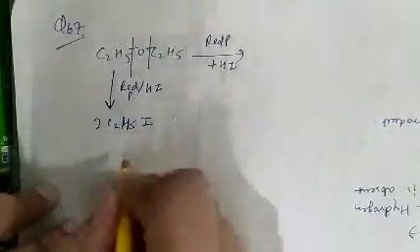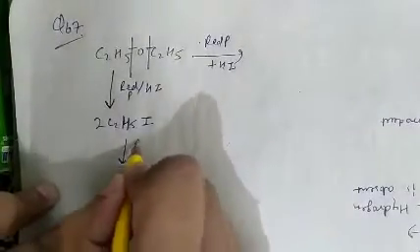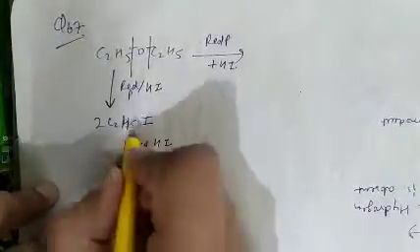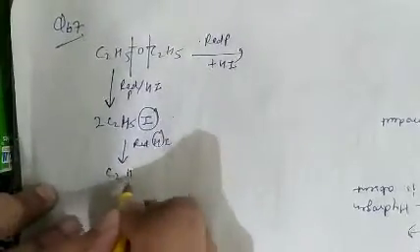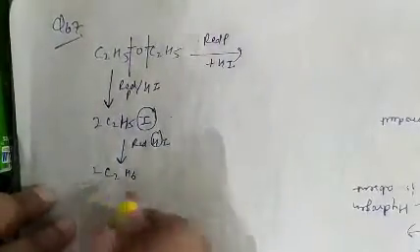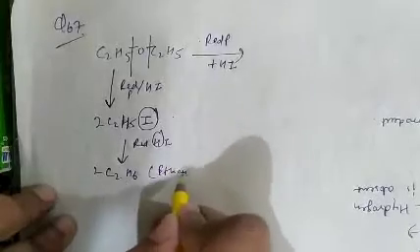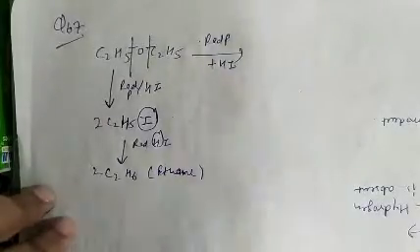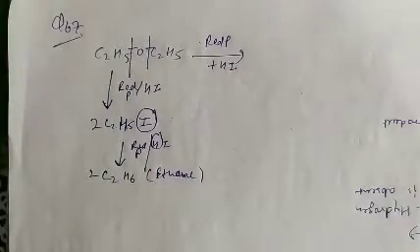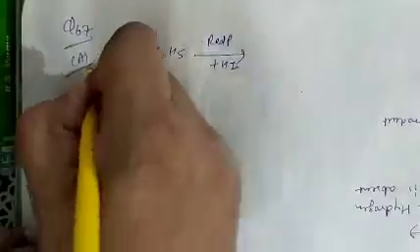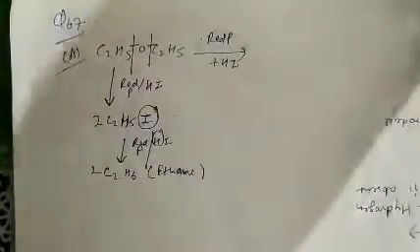Ethyl iodide will form. Now again reaction with red P and HI. Now this iodine will be replaced by a hydrogen atom, so it forms C2H6. So 2 moles of ethane will be formed. That is with phosphorus and HI. So question number 67, the product obtained, X, is ethane. Option A is correct. See question number 68.